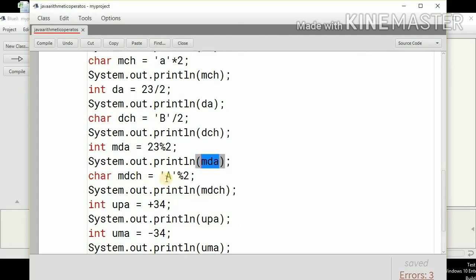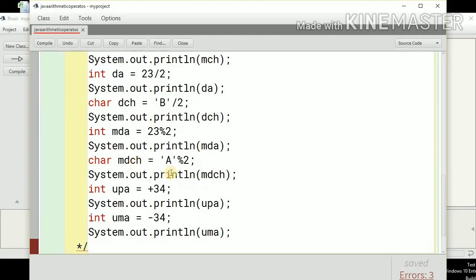If this is applied with the character, the same thing will happen. The ASCII code of A is 65. If we divide 65 by 2, the remainder will be 1. So the character at position 1 will be printed here. So this is how we use the plus, minus, mod and division operators.